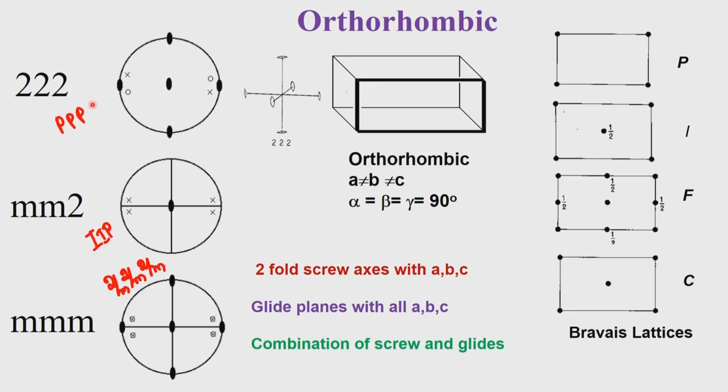Now, the combination of the screw and glide also is very crucial. Which screw can combine with which glide plane? Of course, we have to keep our Euler theorem in mind, because we cannot have different kinds of combinations which will give rise to the IIP, for example, is a possibility, but anything beyond that is not a possibility. And therefore, we have to have something like PMM2, PMCA, for example, and things like that, which will now correspond to the MMM point group symmetry.